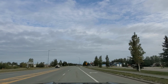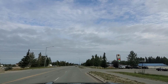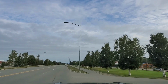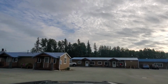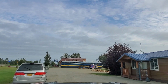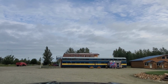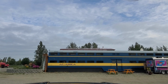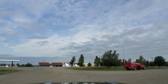Not a bad little town. Into the Alaskan Country Inn, Delta accommodation. All the weary travelers getting ready to take off for the day. And then right in front of us, it's an old railroad car, and it looks like they got it converted to either a restaurant or just display. I'm trying to see in the windows. I'm not really seeing much. Might be just a decoration. I thought it was a hotel, but